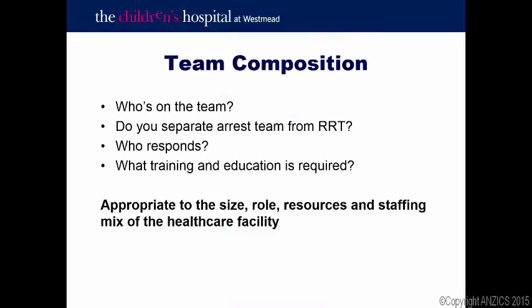So I'm just going to talk a little bit about some of the bits I've looked at around team composition for rapid responses, because that's what I really wanted to point out to people. We get caught up in team, and, as Kevin said in the papers before, the team can be the RN, the physician, the pharmacist, a whole multitude of people. But for some people out in the rural sector, the team could be the FLEC-trained nurse and the ambulance service. So what constitutes a team? We can't get so caught up; you need to look at where you are, what your local resources are, and how you're going to use them.